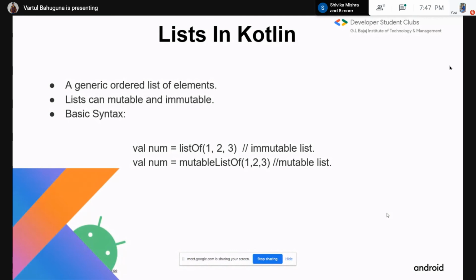The lists in Kotlin can be mutable or immutable. So what are mutable and immutable? Mutable lists are those that can be changed further, like the variables, the vars. You can add some more items to the list, or you can edit the items that are in the list. And the immutable lists are the ones on which you cannot perform any operation like adding or editing, but yes, you can access those. So if you have some information that is not to be changed further, you can use an immutable list. And if you have some information that you think will be edited, like the contacts in a contact list, you can use a mutable list.